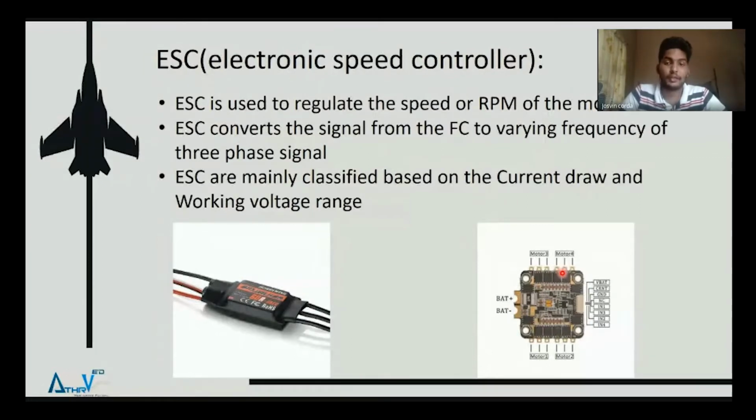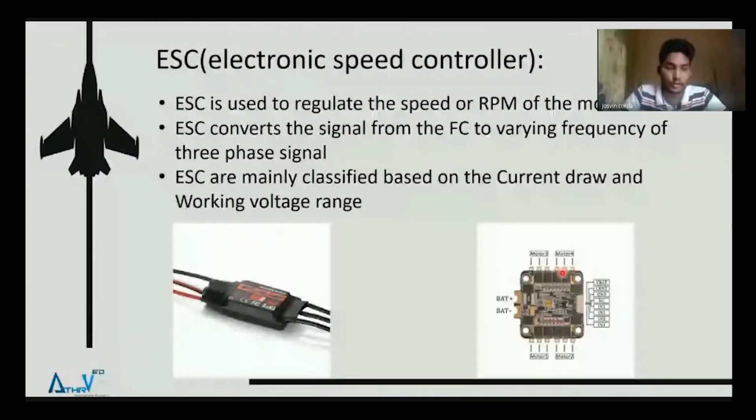ESCs are mainly classified based on the current draw and the working voltage range. Current draw is how much current is being drawn by the motor, and it depends upon the weight of the aircraft, the propeller that you have chosen, and also varying other conditions like the altitude and the overall environment, which also play a vital role in the current draw of the aircraft. So a safe way to choose an ESC is that you need to have a little bit of headroom for each of the ESCs,